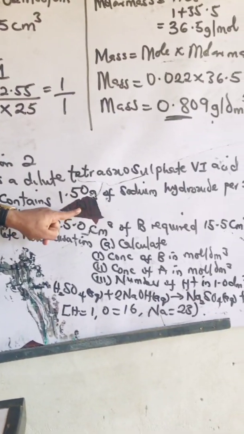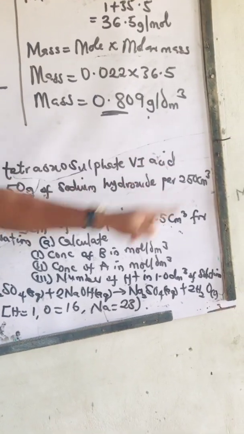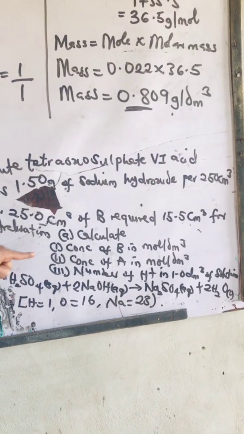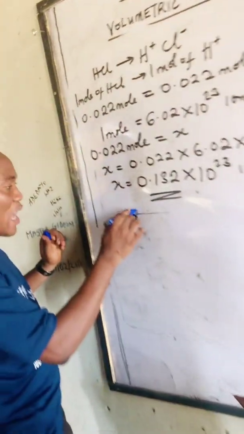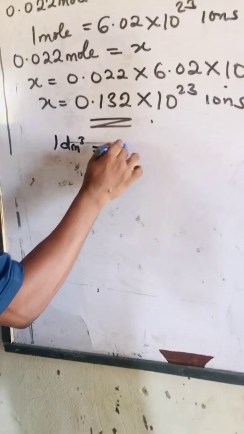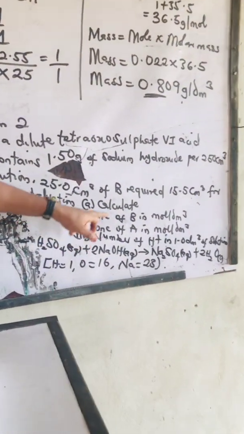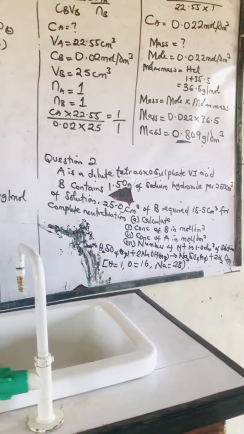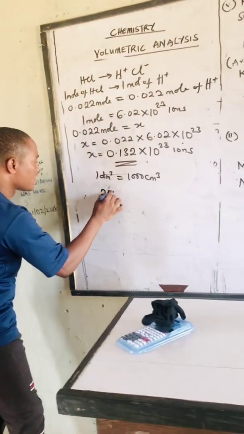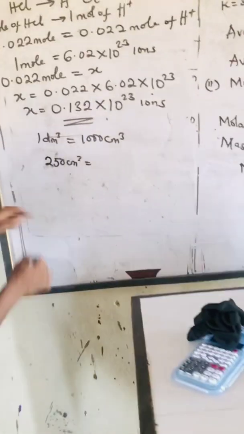But if you look at B here, it contains 1.50 gram of sodium hydroxide in 250. But now they ask us to look for it in what? In 1000, because our 1 dm cube is equal to 1000 centimeter cube. Don't forget. So instead of 250, they ask us to look for the concentration of B in mole per dm cube. So I will say if in 250 centimeter cube the mass is